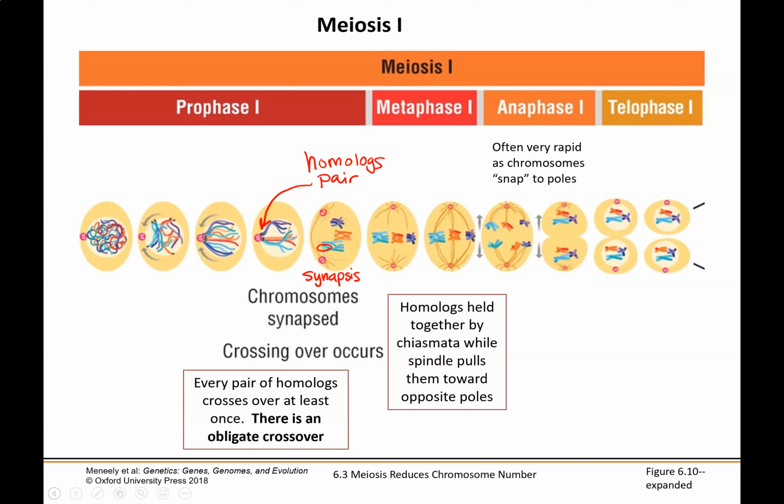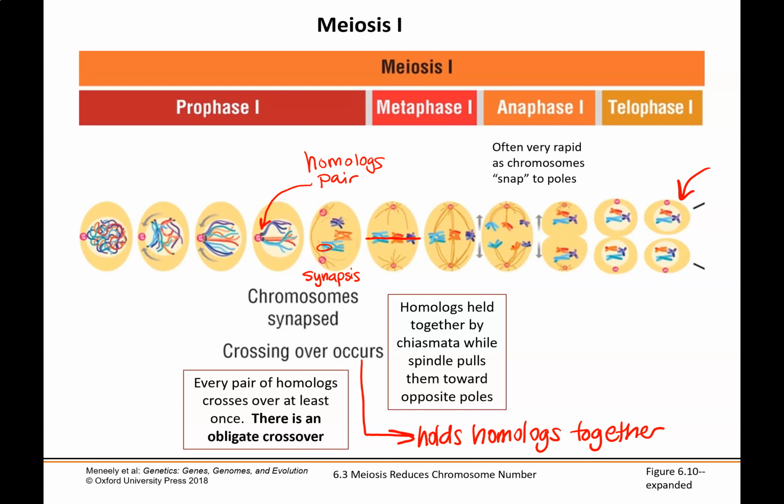Now, all homologous chromosomes have to pair up at least one time. The reason that they pair up is that this holds homologous chromosomes together. Now, this is important because first we have to separate homologous chromosomes, and then we have to separate sister chromatids. So by crossing over and hanging on, essentially linking together, we ensure that all of our homologous chromosomes move together to that metaphase plate so that they can be separated correctly. So that when we get to meiosis II, when we get ready to do that, we can then separate our